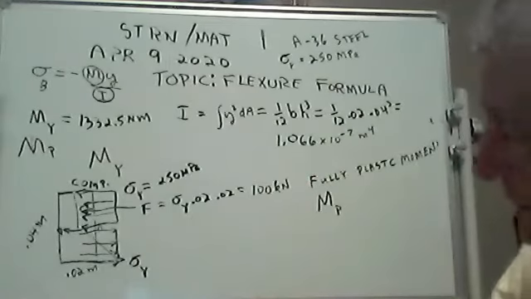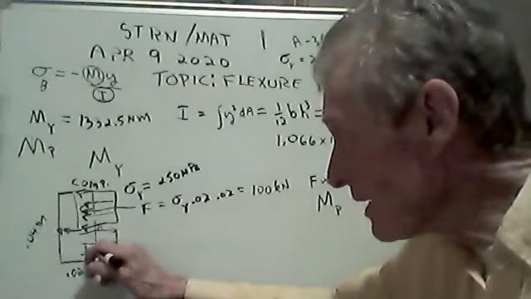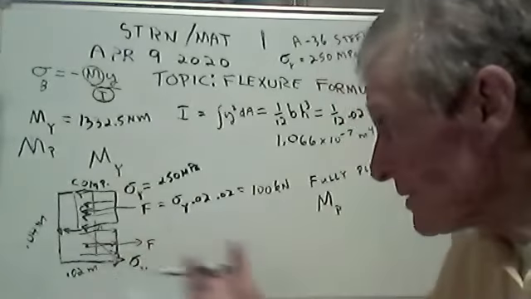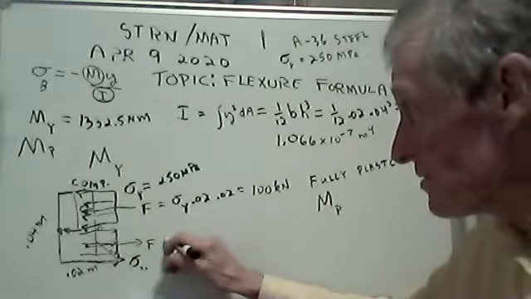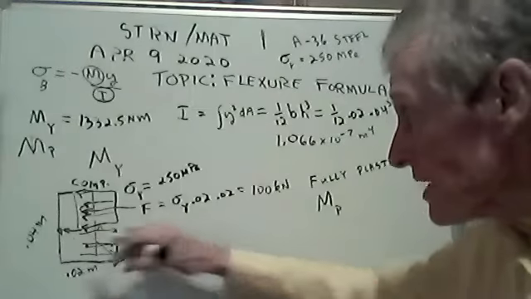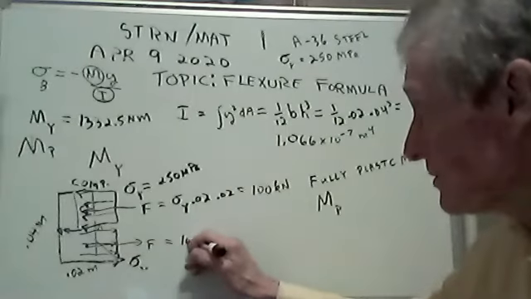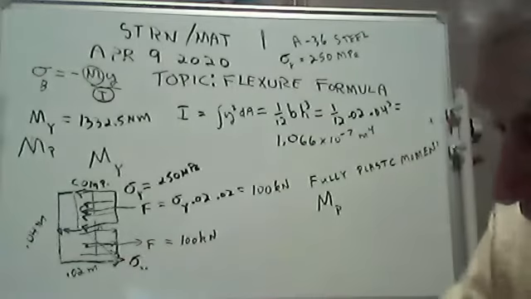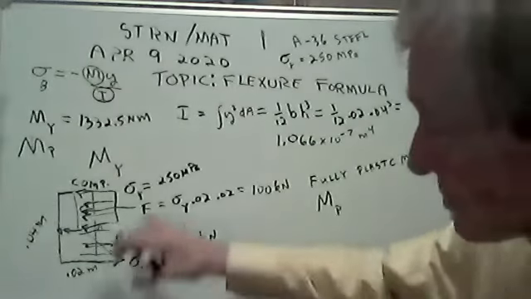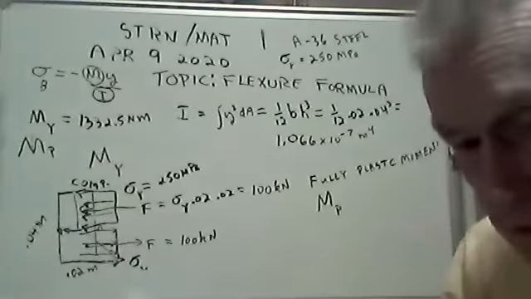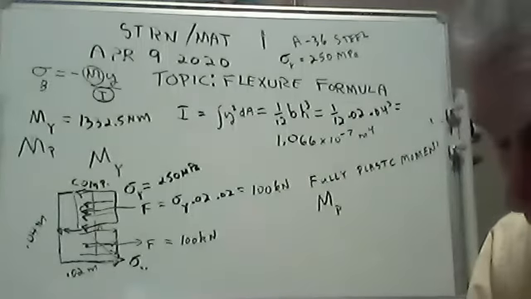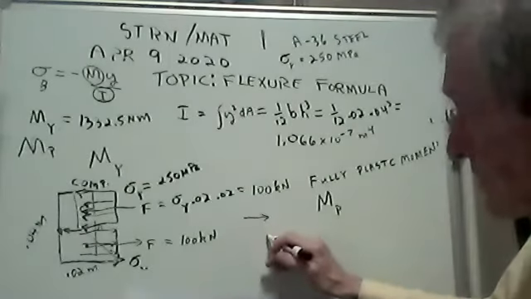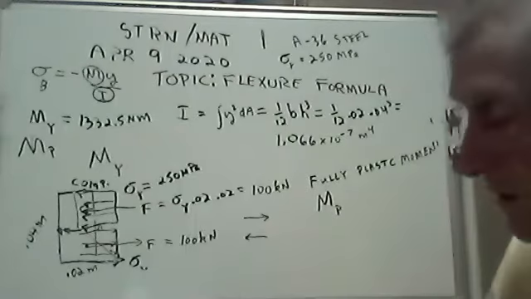Oh, wait. Yes. Yeah, good going. Now this is going to have a total force, but it'll be tension, see? It'll be a tension force, and it will equal the same. You got the same numbers. You'll have 100 kilonewtons going this way. Now, when you have two forces that are equal and opposite, they have a special name for that. Two forces that are equal and opposite. I know you've learned this, but you might have forgotten. They call it a